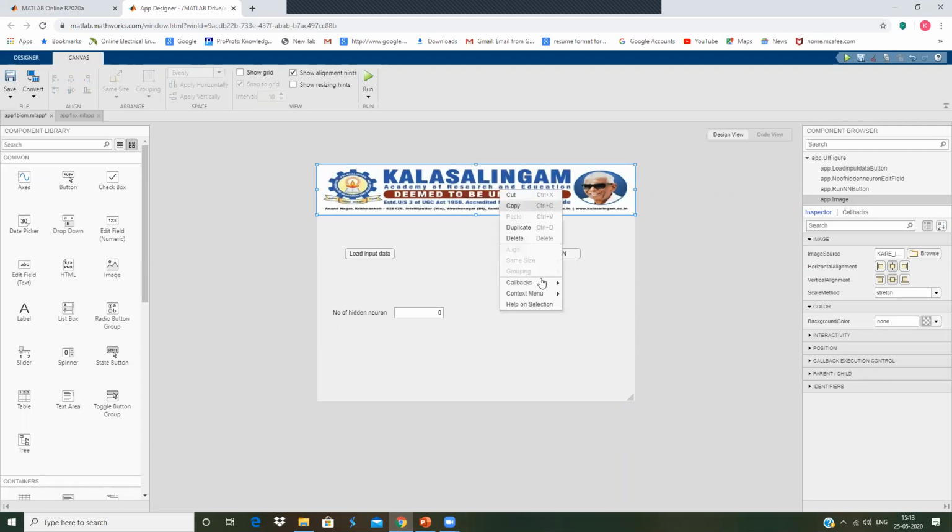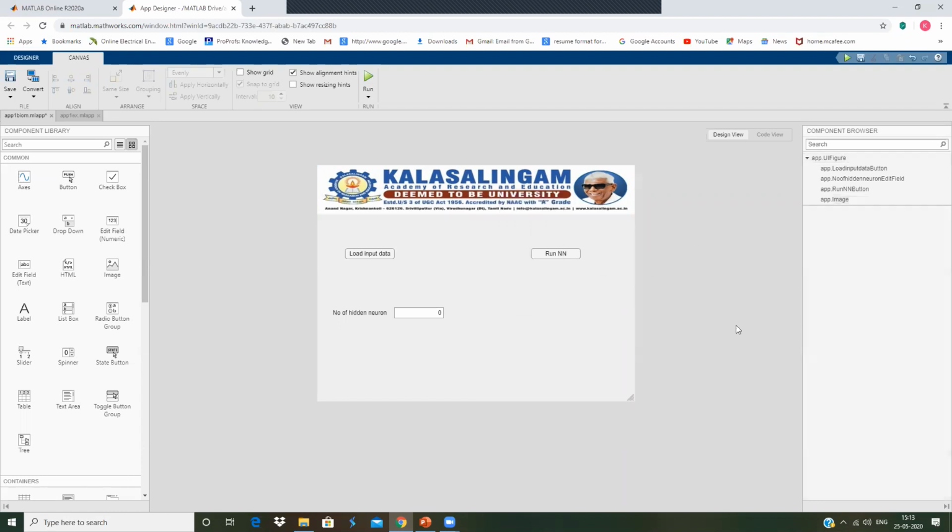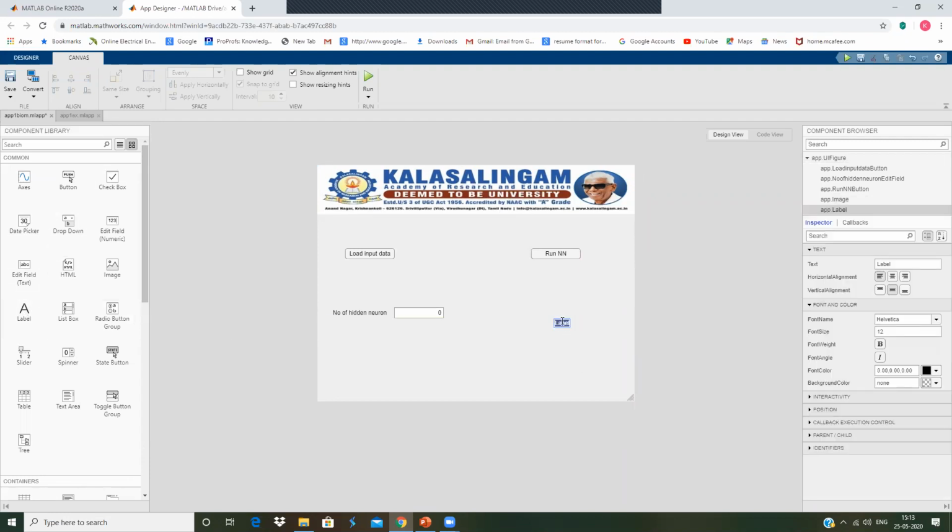Even if you want a callback for the image, that is also possible. If you click the image and want to do some process, that is also possible. Okay, and if you want to add any text, that is also possible. Just type and copy: Neural network application.